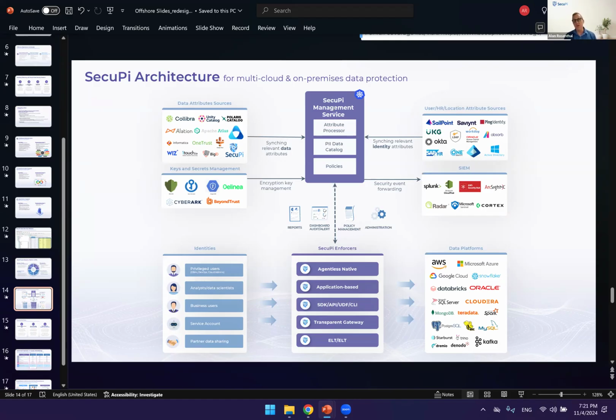Once the management server is installed, and this can be installed either on-premise, or as we support the US government, it can be installed even in a dark room, as well as in any one of the cloud Kubernetes clusters. It can be configured on AKS, EKS, ECS, etc., or GKE. And once the management server is installed,